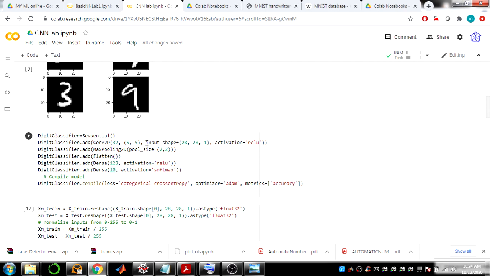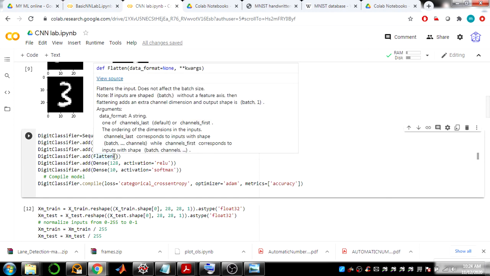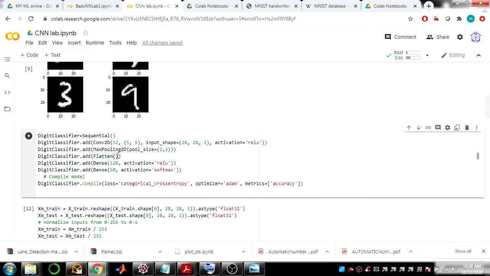Then this is the shape of your input image. Directly you will take the input as it is. Activation function is ReLU. Then you have a max pooling layer, which will try to reduce the unimportant features and keep only the important features. Then the flatten layer, no need to give any parameters here, it will just flatten the 2D output of the max pooling to a 1D output. Then you have the dense layer, like a hidden layer, and 10 possible outcomes. So this is the basic structure we have built now.